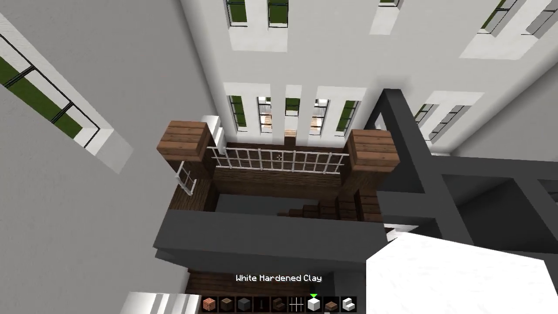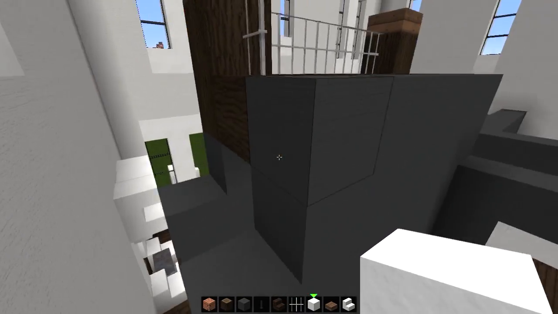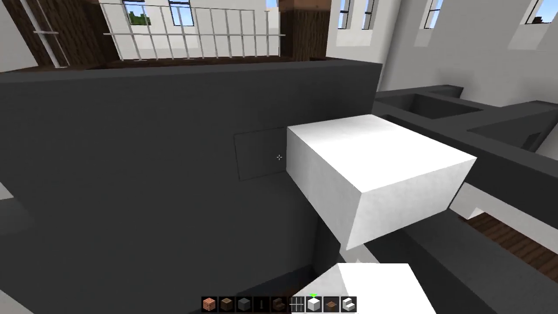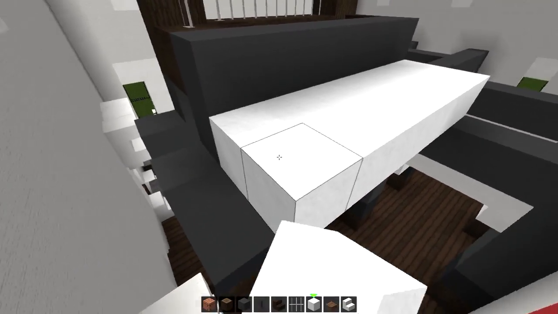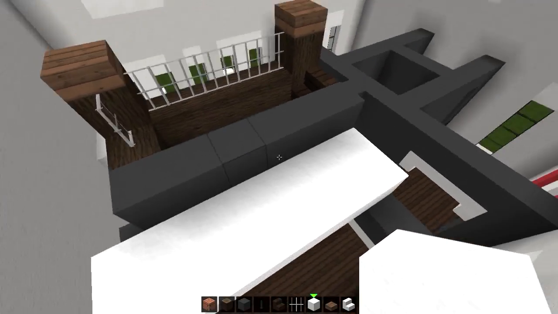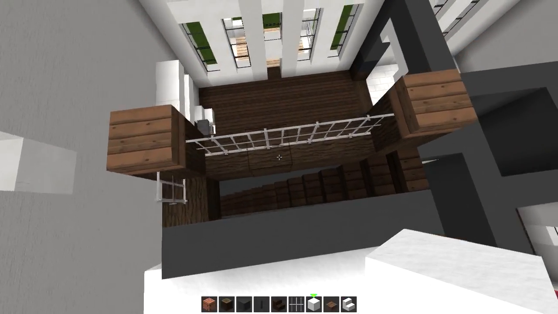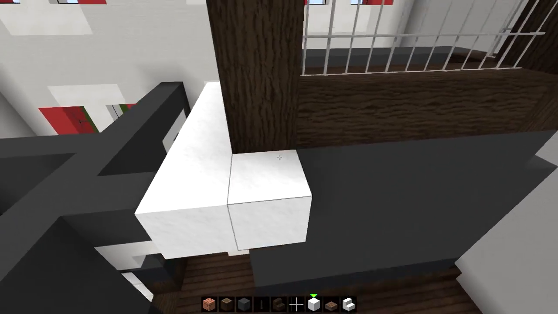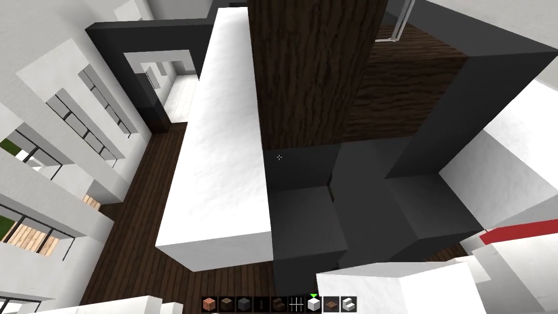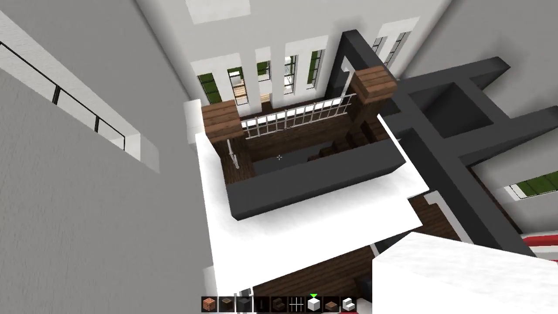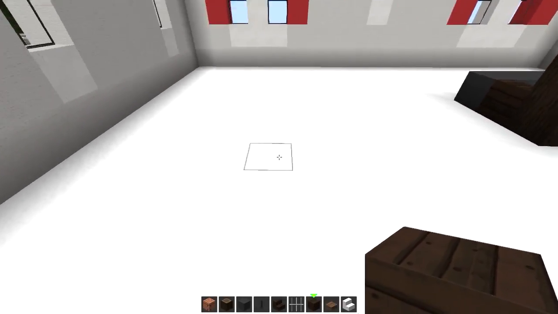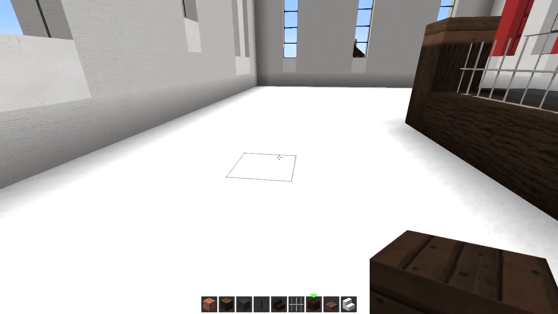Then grab some white hardened clay, and with that we're going to place it just above the downstairs wall. And fill it wherever you can fill it in the same elevation around it, but do not touch the staircase. So for example, we're gonna go just here around like this and the whole perimeter inside. Just like this. So what we've done is filled the whole perimeter around the staircase on that elevation with white